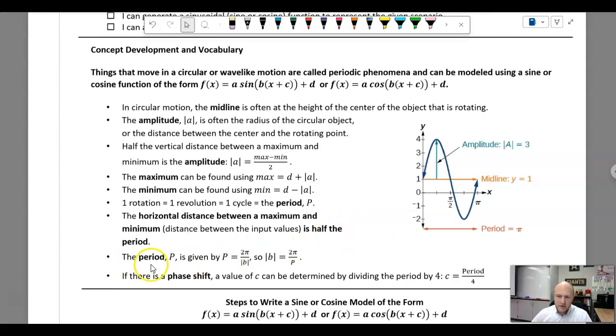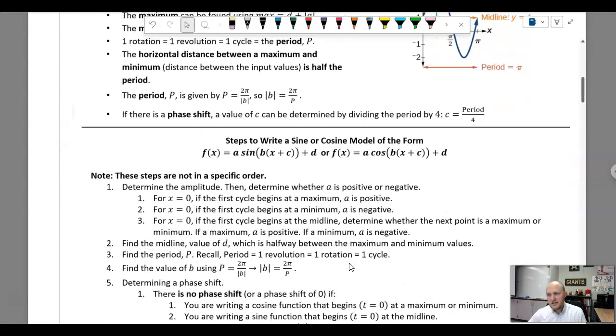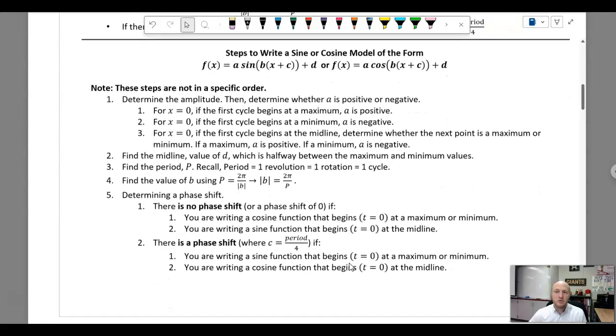Another way to find period is this formula here, which I think is really important: period is equal to 2 pi divided by b. If we do some cross multiplication and solve for b, the absolute value of b is 2 pi divided by that period. And then one last thing, a phase shift. If we have to do a phase shift, c can be determined by dividing the period by 4 in these types of lessons. So we'll look at some examples, but here are some general steps